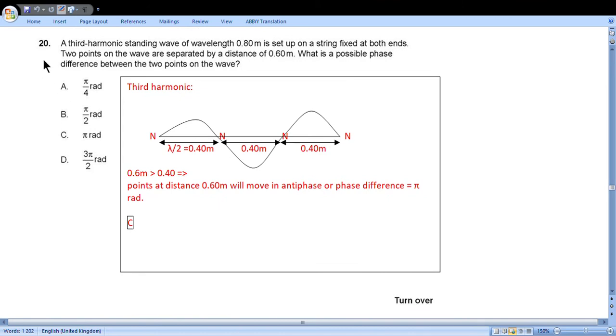Question 20. A certain harmonic standing wave of wavelength 0.8 is set up on a string fixed at both ends. Two points on the wave are separated by a distance of 0.60 meters. What is the possible phase difference between the two points of the wave? Because it is the third harmonic, we have node, node, node, node, and the distance between two nodes is lambda over 2,